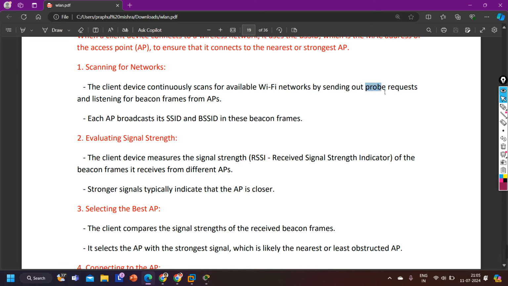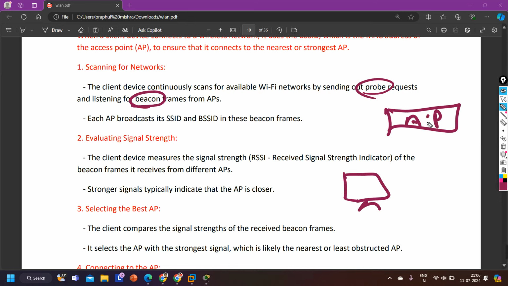So the client machine will send a probe signal to the AP, okay, and listen for a beacon frame from the AP, right? So these are the two signals, one is probe and one is beacon. When the client wants to get connected with an AP, which signal is the client going to send? The probe signal, right? And the AP will send the beacon signal,